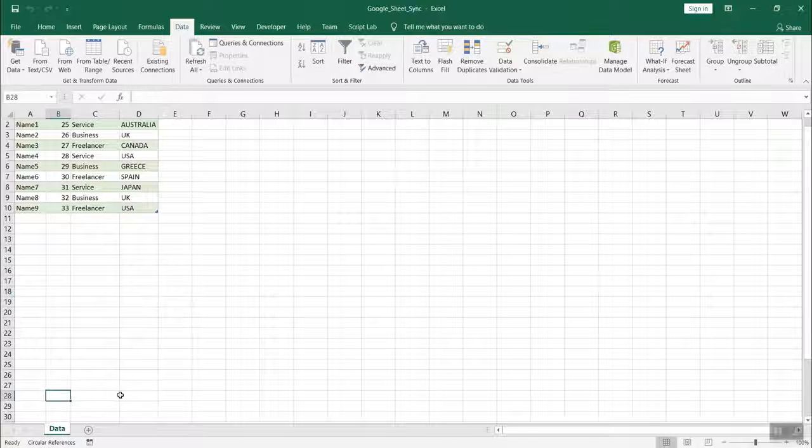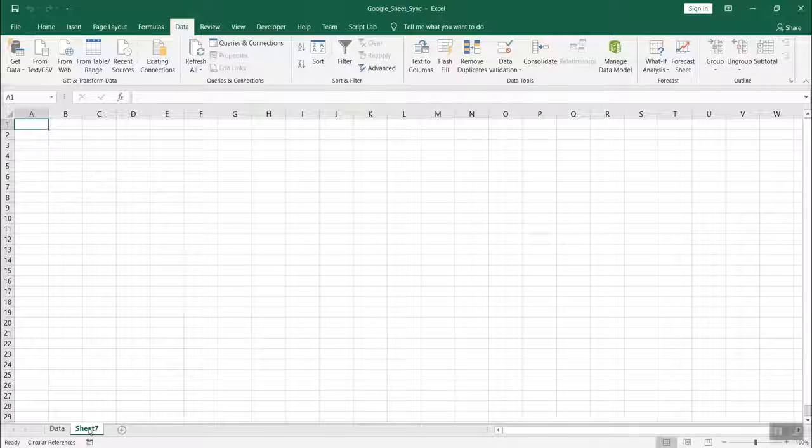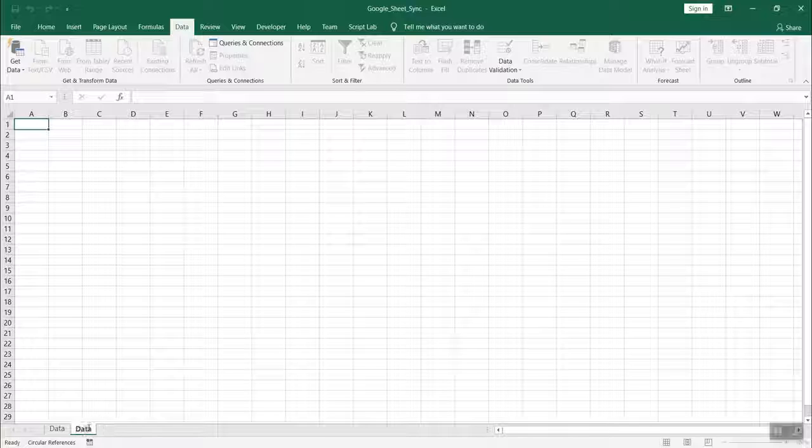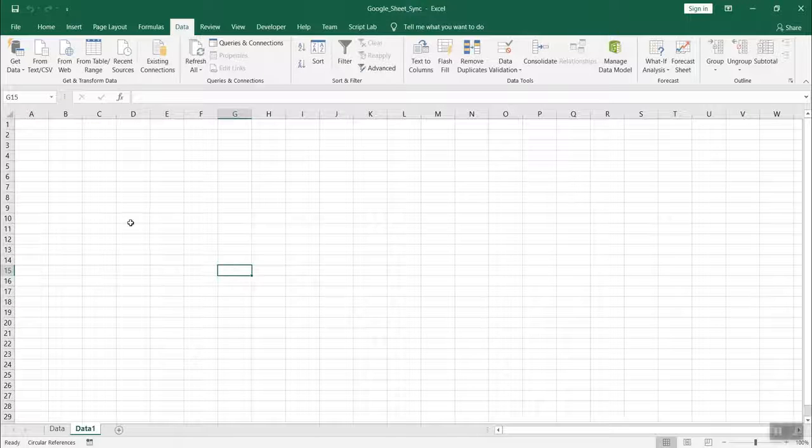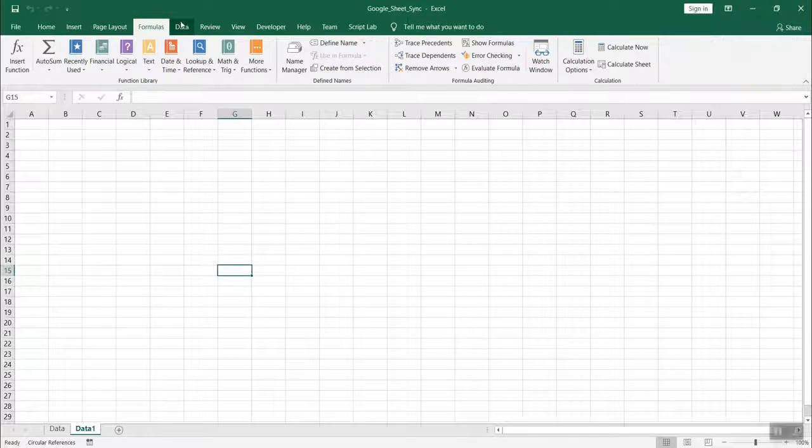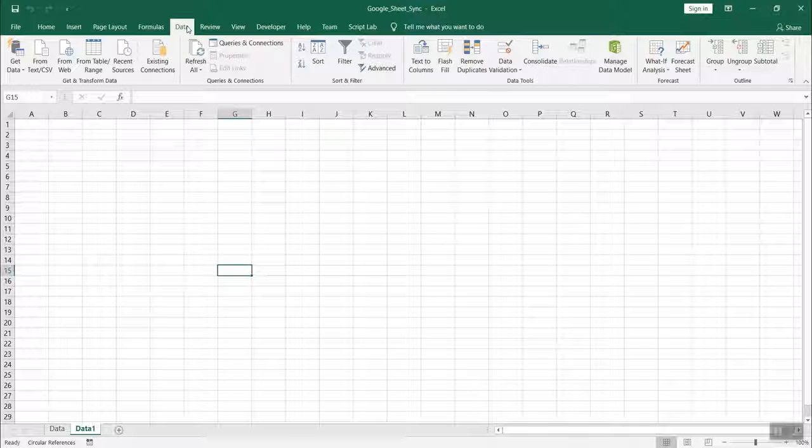On the Excel file, I'll create a new tab. I will name it as data 1. Now you have to just follow the steps which I am showing you. We have already copied the URL. You have to come to the data tab over here. On the top you could see data, and within the data there is an option called from web. You click on that,